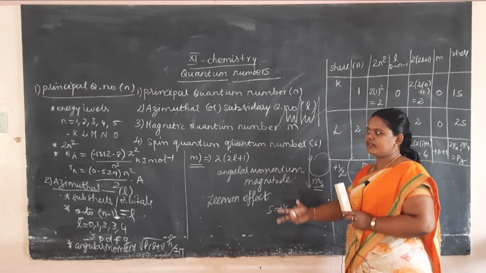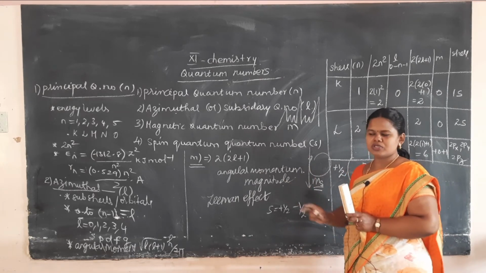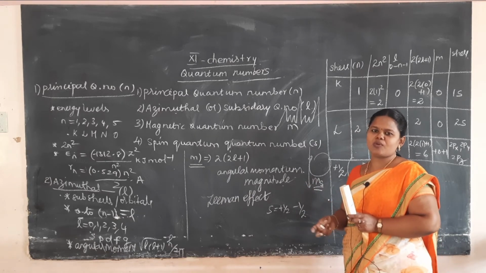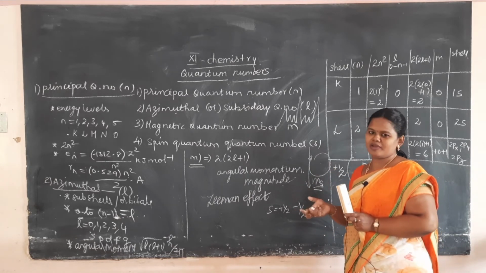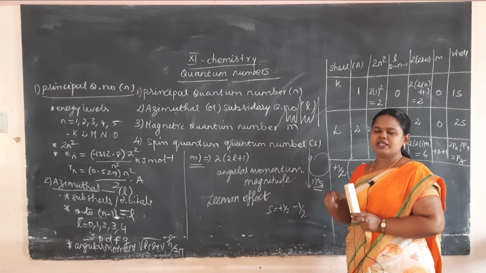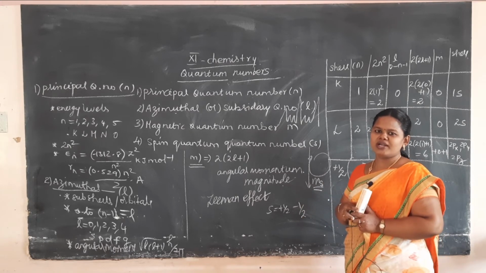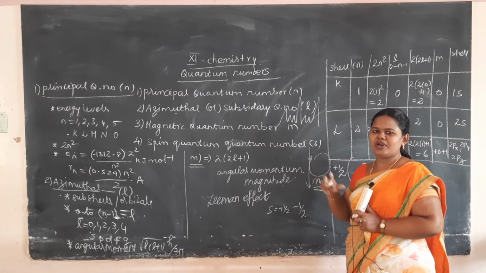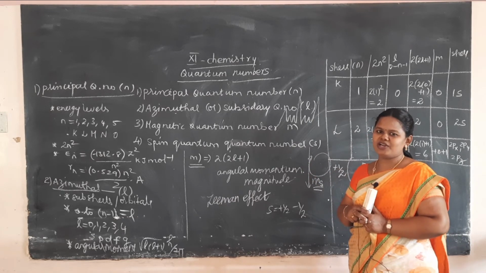Okay, so these are all the four types of quantum number. You must know the use of each quantum number: principal quantum number, spin quantum number, magnetic quantum number, then azimuthal or subsidiary quantum number. All its uses, what it explains, and what the formula is, you have to understand.